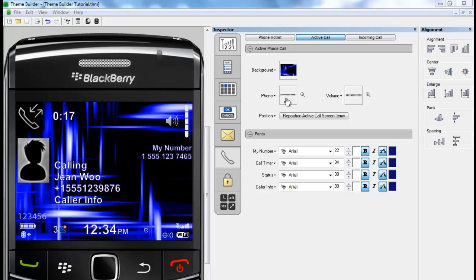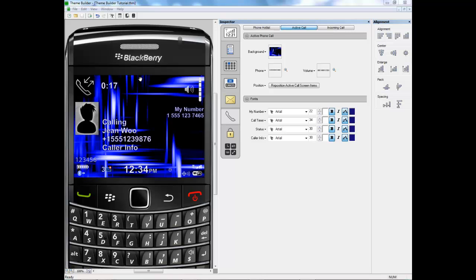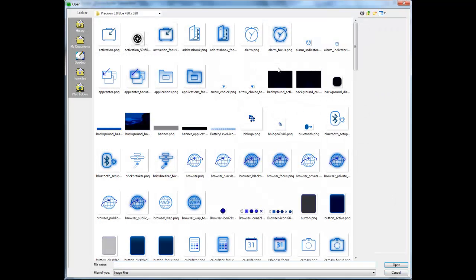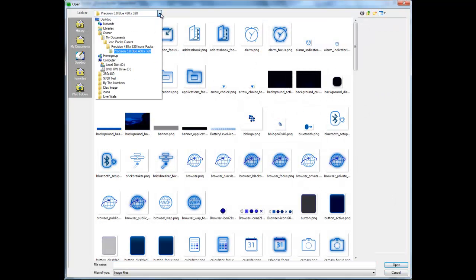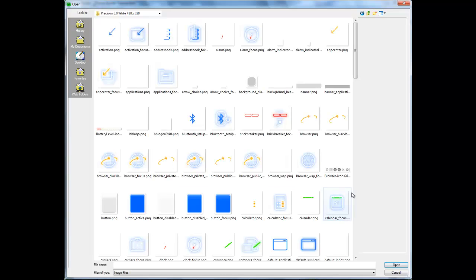In the active call, you have an option to set this phone display along with your volume. And I'll just show you, you can make those changes. A lot of the time I will rechange and eliminate this black background using GIMP and just have the color icon itself. So let's see if I can find something to that effect. I believe if I went to my white icons,